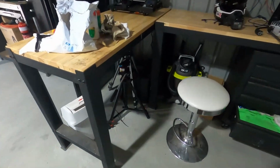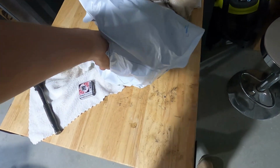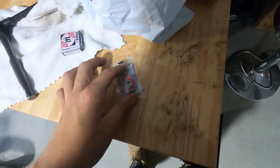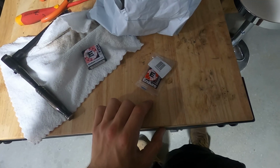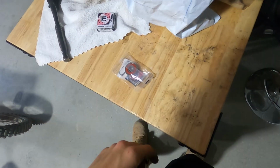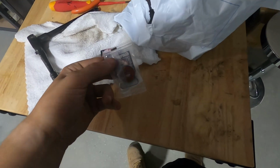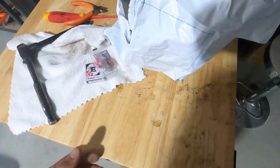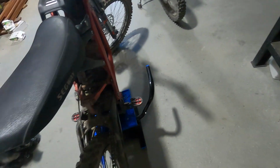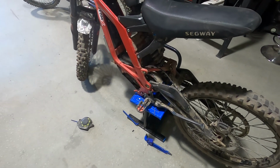We're going to replace them with these bearings that I bought. Basically glorified skateboard bearings. Enduro Max bearings. I've never really heard of them, but they look pretty good. Got them from MTB Direct. They look pretty nice. They're pretty expensive. They're about $12 each, and you need 4 of them, so a bit pricey, but hopefully they should be pretty